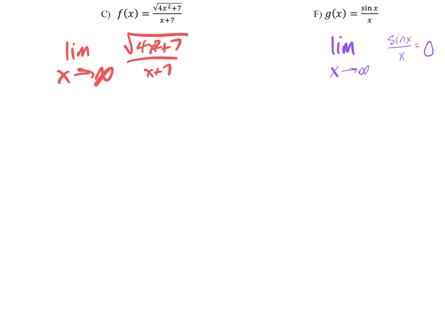The analytic evidence is a monster on this problem. I'm going to wait till Wednesday to show it to you guys. And then I'll have extra practice of just that skill, because it's the one that is a doozy. Does anybody want to take a guess? 2. Yeah, sure. 2. Why 2? Square root of 4x squared. The square root of 4x squared is...